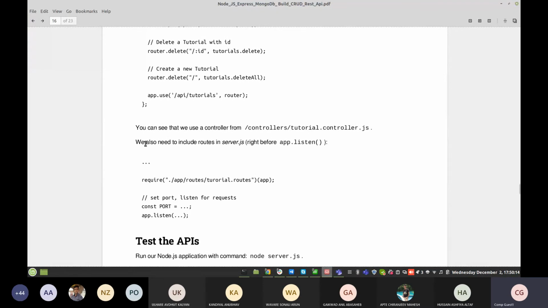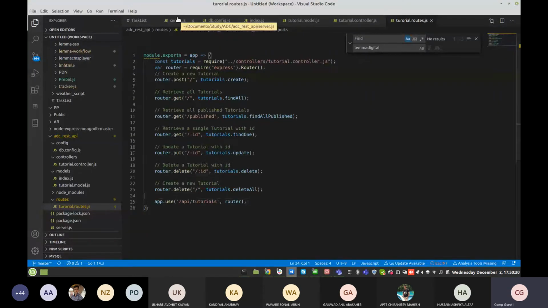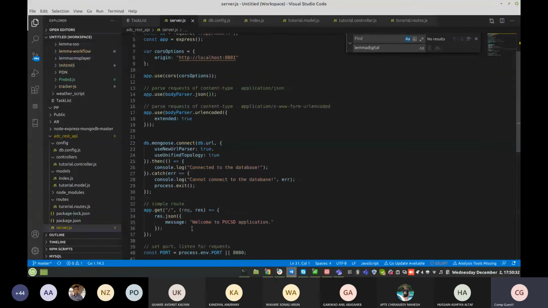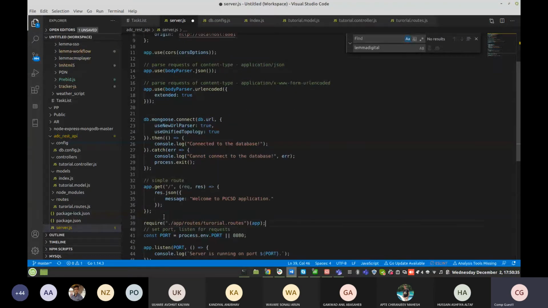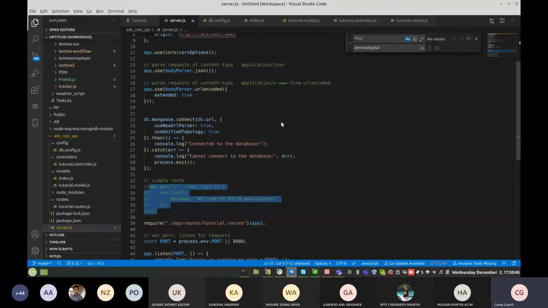Okay, now here we need to include the router also in our server, because before the listening we need to load all the routes to our application. So we have added that, because if you do not mention that router you cannot access that. Okay, here is a simple route that we have already mentioned. Now I don't need that, so we comment that, so it directly goes to our default